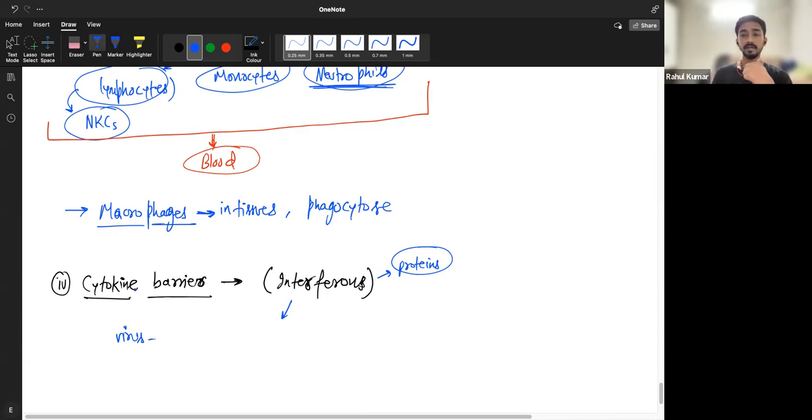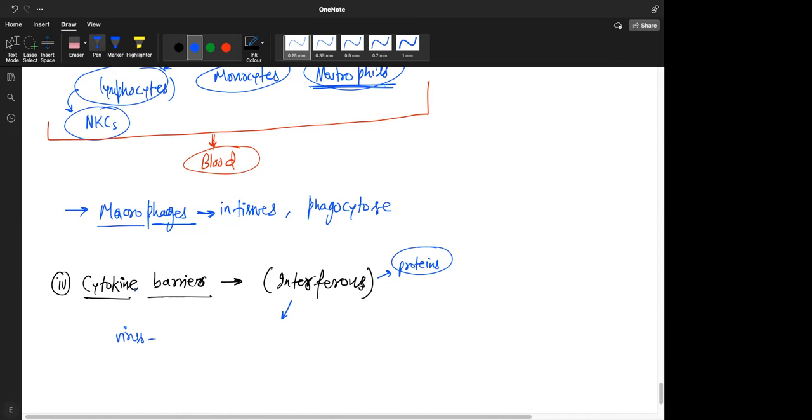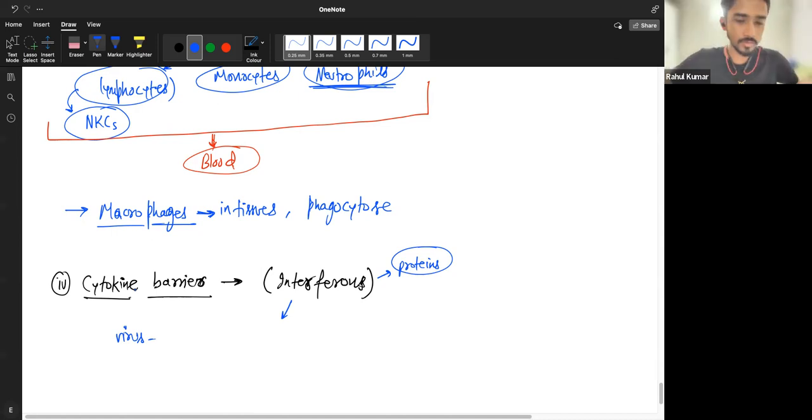So when bacteria causes infections, there is always some kind of toxin that it will produce. Instead of, or along with, making its own copies, it also produces some toxins. You understand? Yes or no? Yes, sir. So some ILs, interleukins, are also produced in response. But let's just stick to interferons for now.